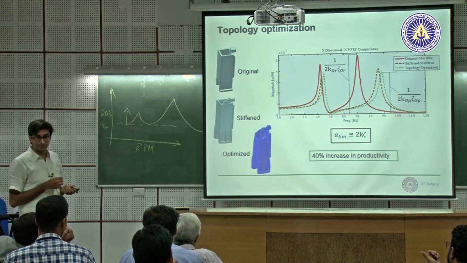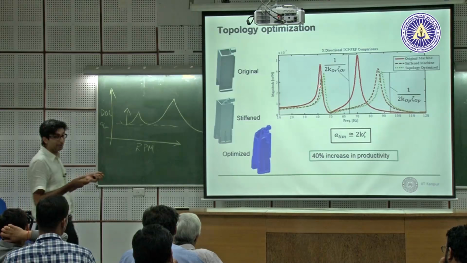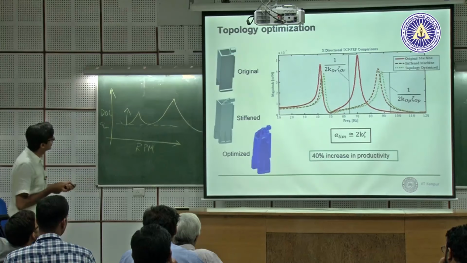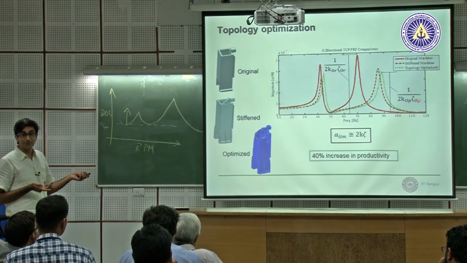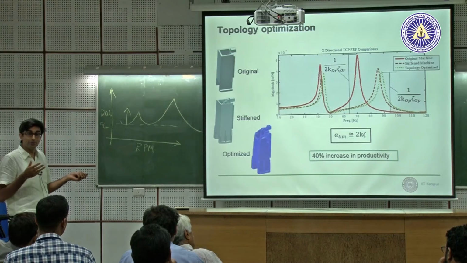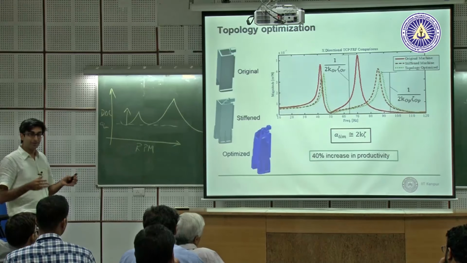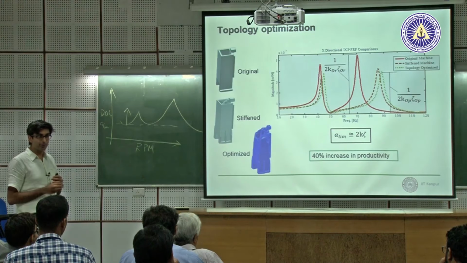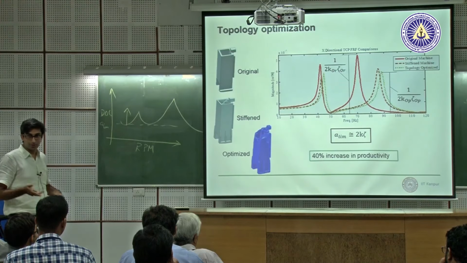The stiffened one probably is better. It can be in this case. Even the stiffened one is about 30% better. So you can perhaps just use the stiffened one. It adds material. If you're okay with that, if you want a bigger moving motor, if that is okay, then you go ahead.